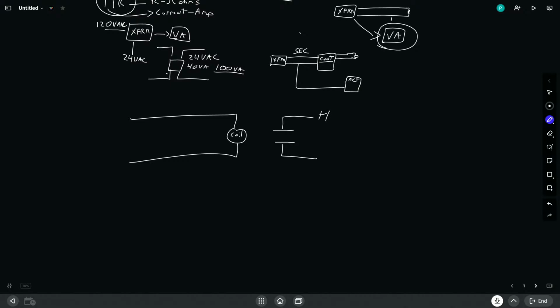What I'm drawing on the screen is a normally open set of contacts. As a coil gets energized, that normally open set of contacts closes. And then we have hot and ground as a circuit. Somewhere in between, we will have a device, maybe like a starter. That starter gets energized, and as that starter gets energized, that then allows a fan to turn on.